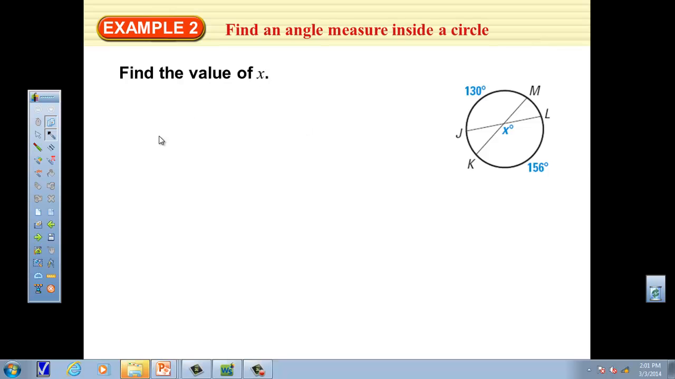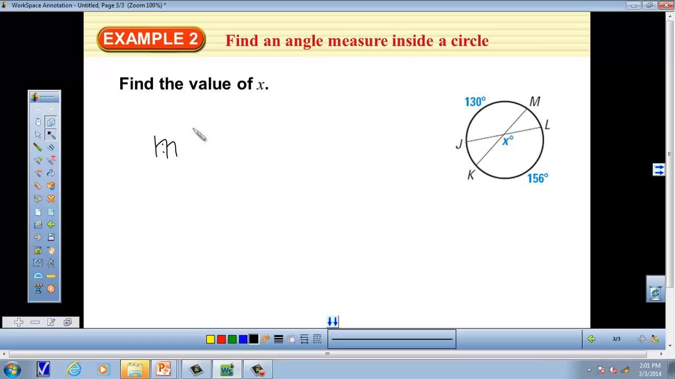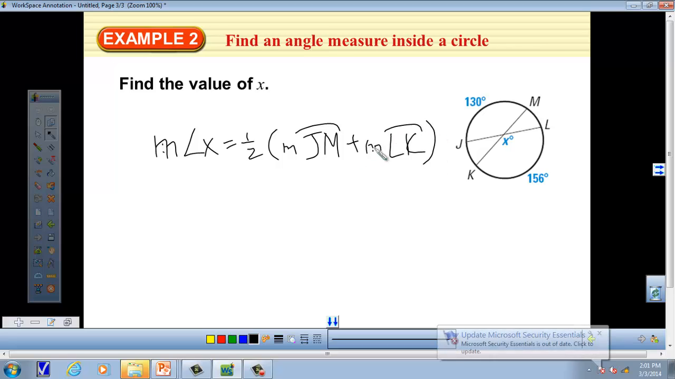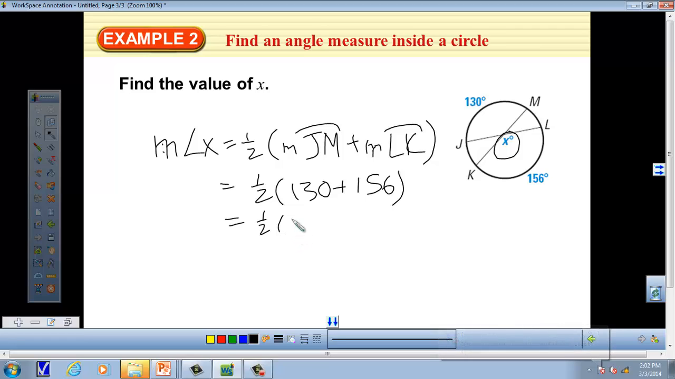So basically what we're saying is the measure of angle x is equal to 1/2 the measure of arc JM plus the measure of arc LK. So those two arcs added together and divided by 2 will give us this angle right here. So in this case it's 1/2 of 130 plus 156. This gives me half of 286, and half of that is